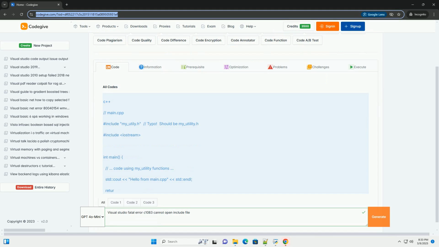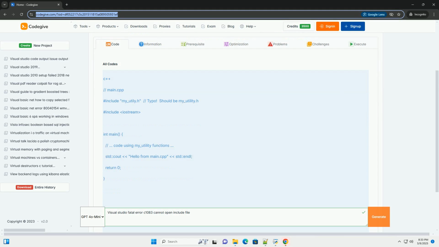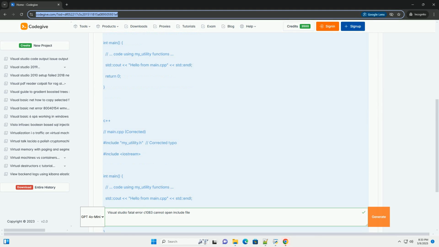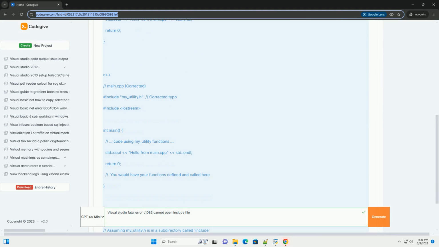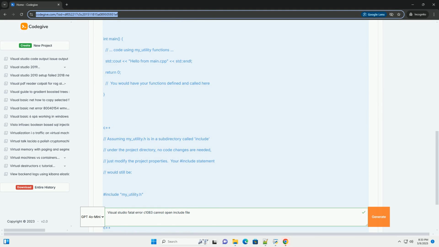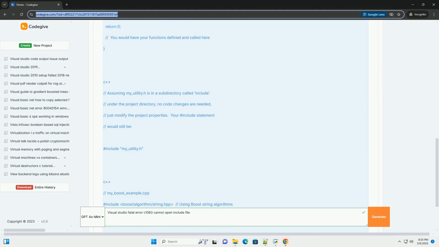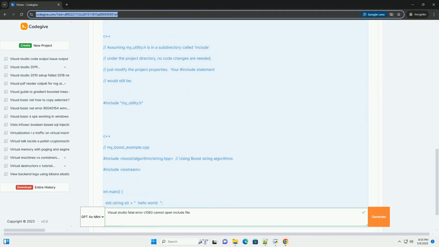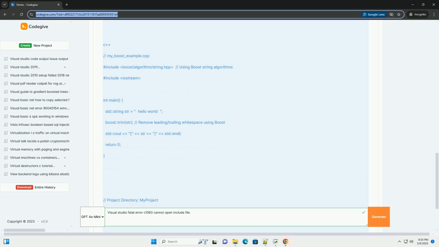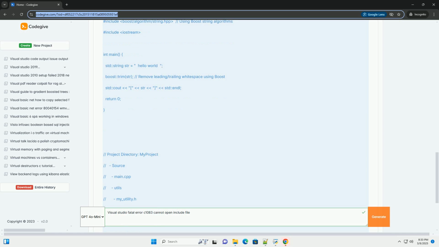Visual Studio Fatal Error C1083, cannot open include file, a comprehensive guide. The fatal error C1083, cannot open include file, no such file or directory is a common stumbling block for C++ developers in Visual Studio. It signifies that the compiler is unable to locate a header file specified in your include